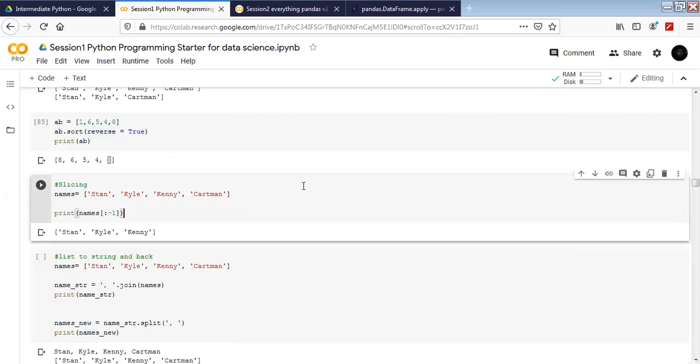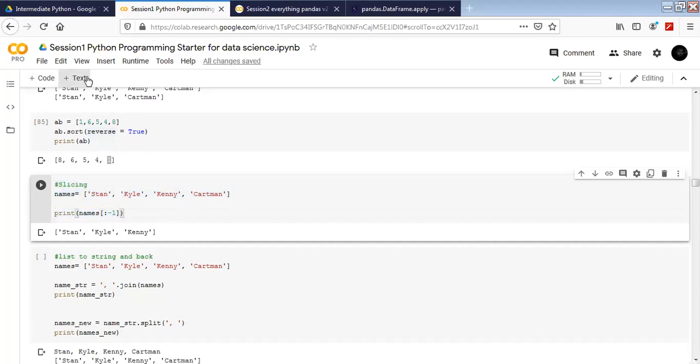Is it clear for everyone? Yes, sir. Exactly. So this is how slicing and indexing work. I think we should practice more to understand how slicing works.